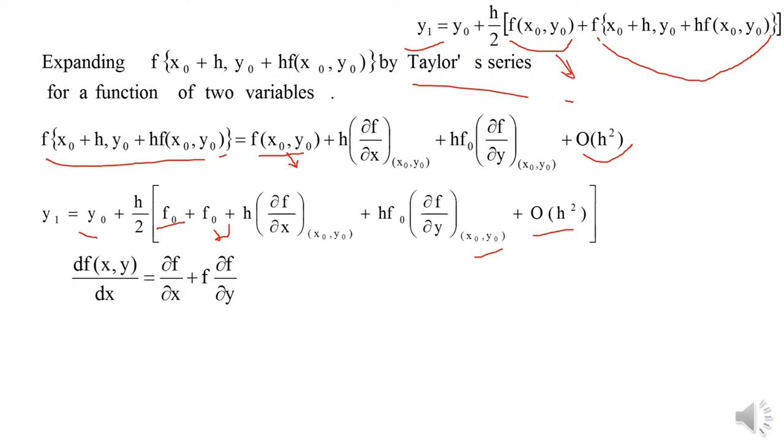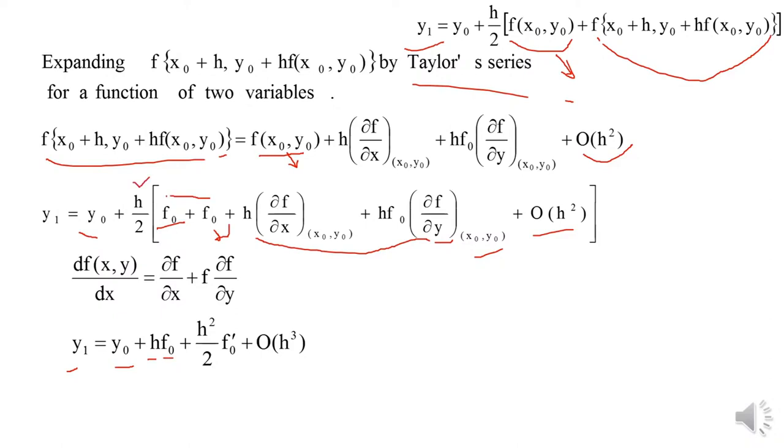Now we know df upon dx is equal to del f upon del x plus f del f upon del y. तो ये जो टर्म है हम इस फॉर्म को यूज करते हुए लिख सकते हैं that y1 is equal to now y0 as it is plus h, ये twice of f0 हो गया, एंड ये 2 कैंसिल हो गया। सो f0 प्लस h, एक h ये है एक h ये है, सो h स्क्वायर अपॉन 2, दिस 2 इज हेयर, एंड दिस रेस्ट ऑफ द टर्म इज अकॉर्डिंग टू दिस एक्सप्रेशन गिव्स अस f'0 प्लस ऑर्डर ऑफ h क्यूब।